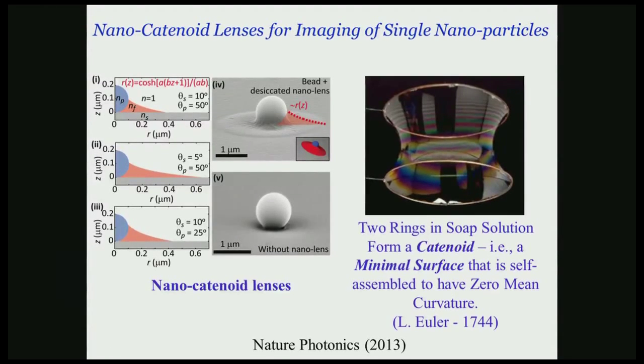So what you see here is actually a trick that is borrowed from something that when we were kids we used to play. If you take two rings and dip them into a soap solution and take them apart, you will form this beautiful self-assembled shape. It's a catenoid. So what we self-assemble here using polyethylene glycol, a polymer, is the same thing but at the nanoscale. If you cut this shape in half and place a particle in the middle and shrink the dimensions to nanoscale, that's what's happening here. These self-assembled PEG molecules form a nanocatenoid lens around